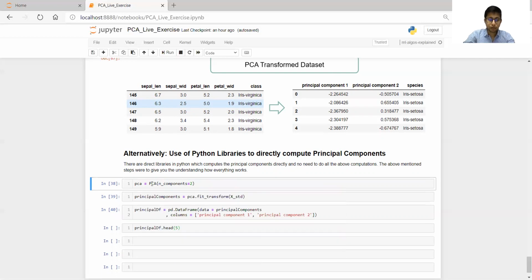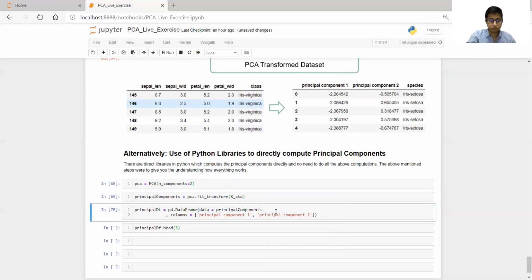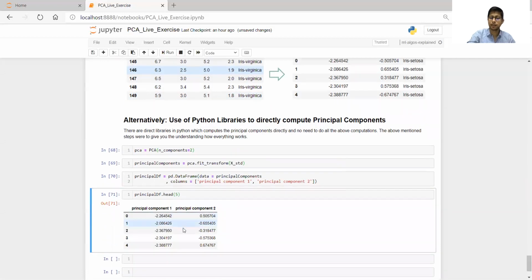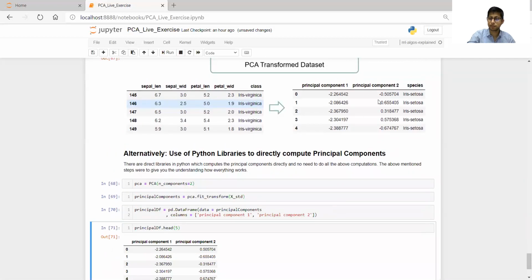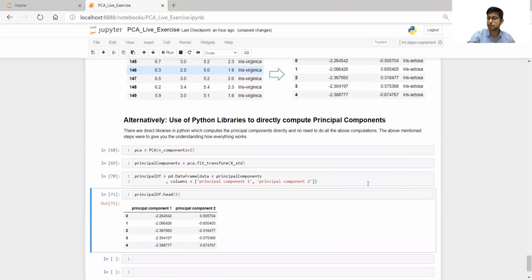If you hover over this and press shift plus tab, you will get the definition. So with PCA we pass the standardized features, we execute this, and we get this. This is the same data, and of course you can connect the species.